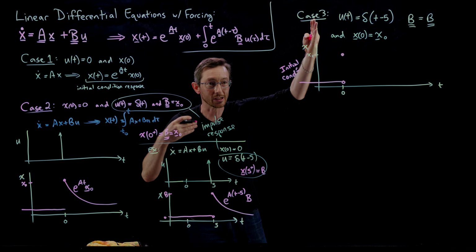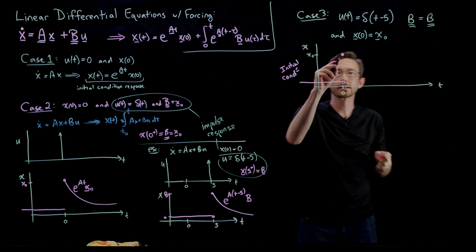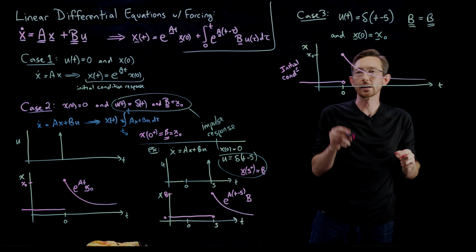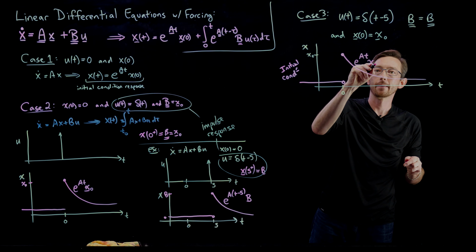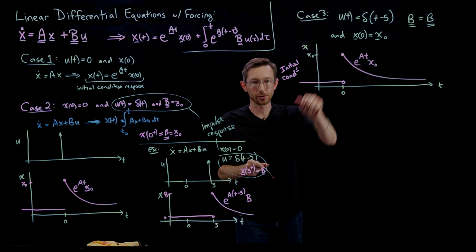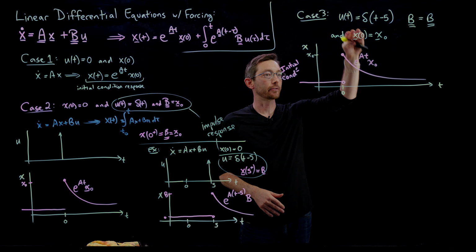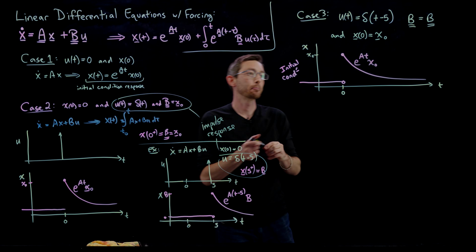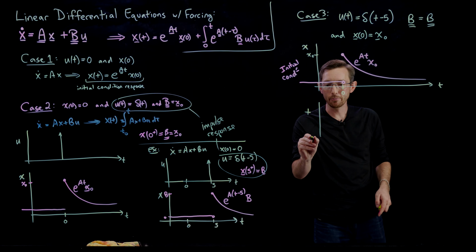And I'm going to draw this for a stable A matrix where it has negative real eigenvalues, just because it's going to look easier. So, sorry, it's so squeaky. This is e to the At x naught. Okay, that's my initial condition response. And I claim that the full solution for this initial condition response and this impulse response is just the sum of these. So it's plus my impulse response,